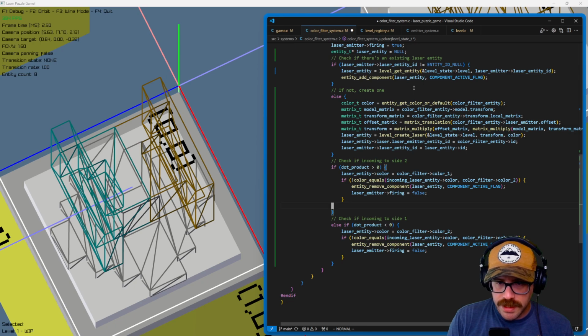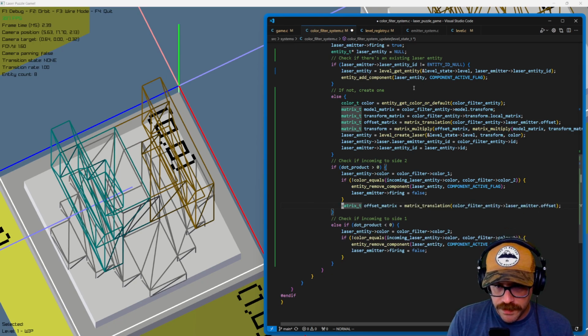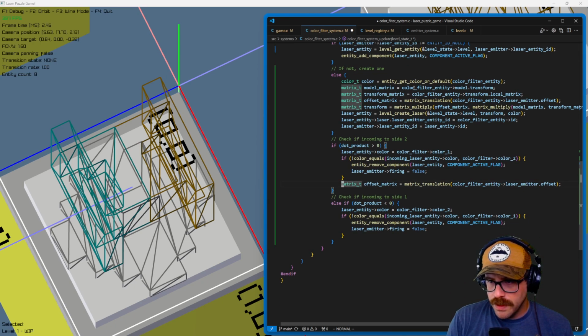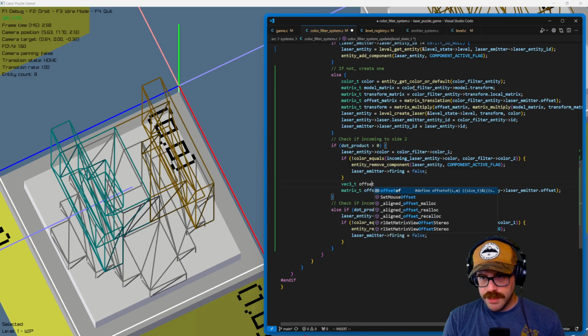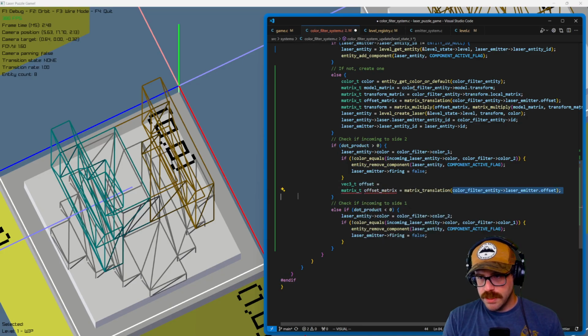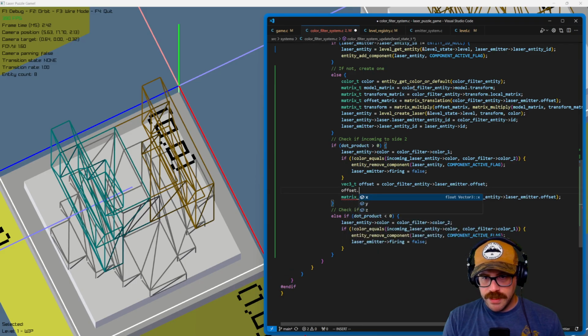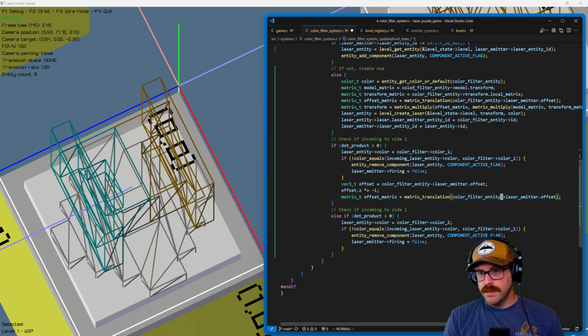So if it's incoming into side 2, which is the situation here, laser emitter offset. So let me set the offset equal to this, except I want the offset z to be negated. Okay. And then I'm going to grab the